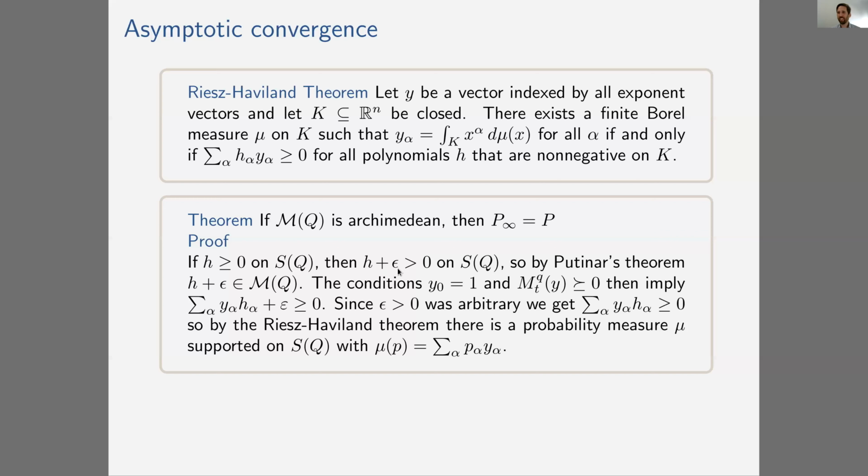So this H plus epsilon is strictly positive on the semi-algebraic set, and so by Putinar's theorem, we know that this lies in the quadratic module, right? Then from the normalization and from the PSD-ness of these matrices, we get, again, as we used before, that pairing it with such a polynomial gives us a non-negative number. But then epsilon is arbitrary, so actually this is non-negative, and we can apply Riesz-Haviland. This tells us there's a probability measure supported on the semi-algebraic set, for which you get mu of p is this